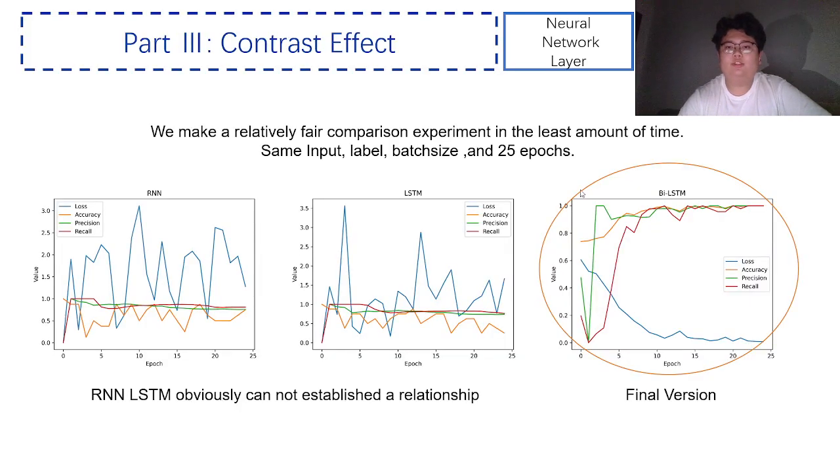You can see the loss in the RNN and LSTM plots fluctuates constantly, which shows that during the training process, simple single-layer models like RNN and LSTM do not capture the relationship between words and Ancient Chinese poems well enough to determine the exact sentiment type. So we adopt BiLSTM as our sentiment analysis model.